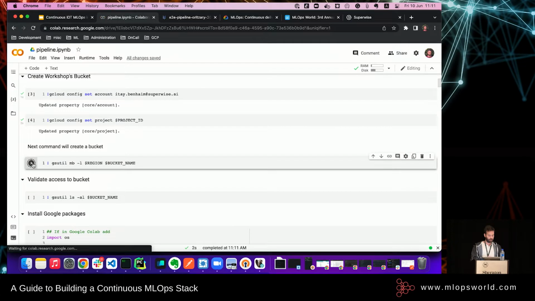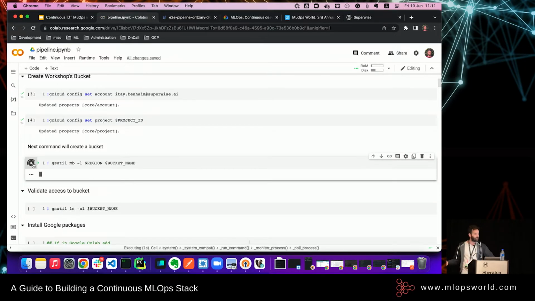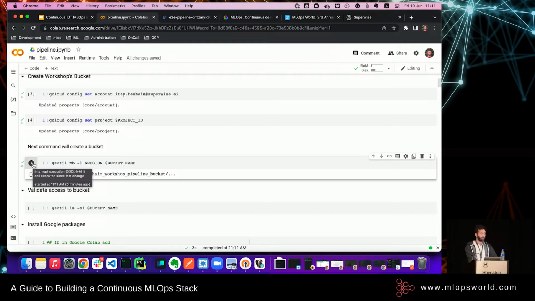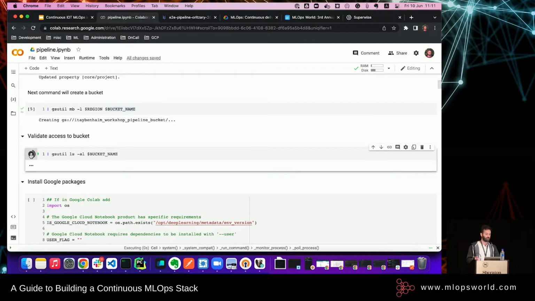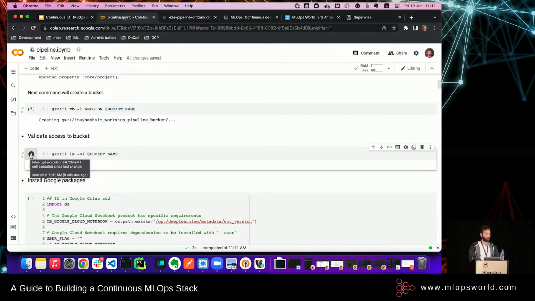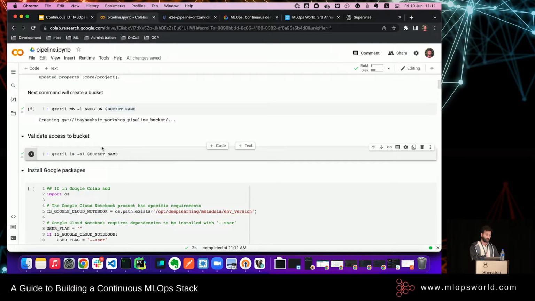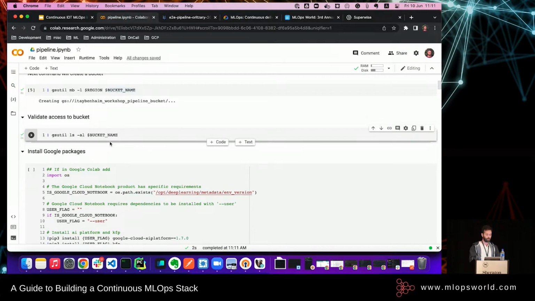And now we're going to create the bucket. If you're working on your local host, you're going to need gsutil installed. Otherwise, you can run it from Google Colab. You get it in the VM, and that's it. The bucket has been created. Let's make sure that we have access to it. And this is the part where some of you will get an error, I guess, because I wasn't able to add them to the IAM role.